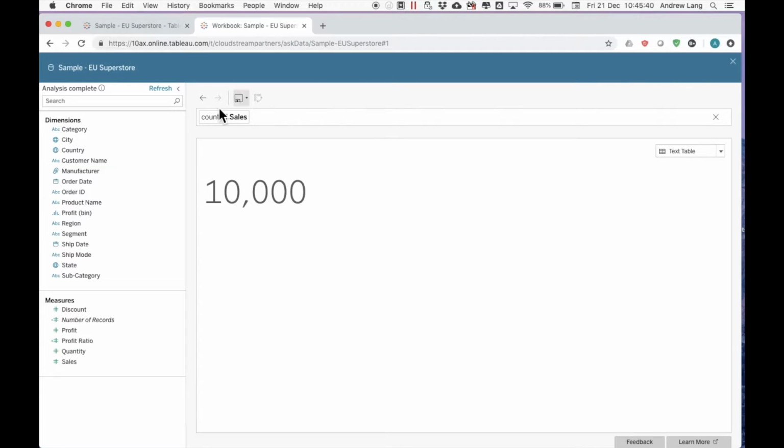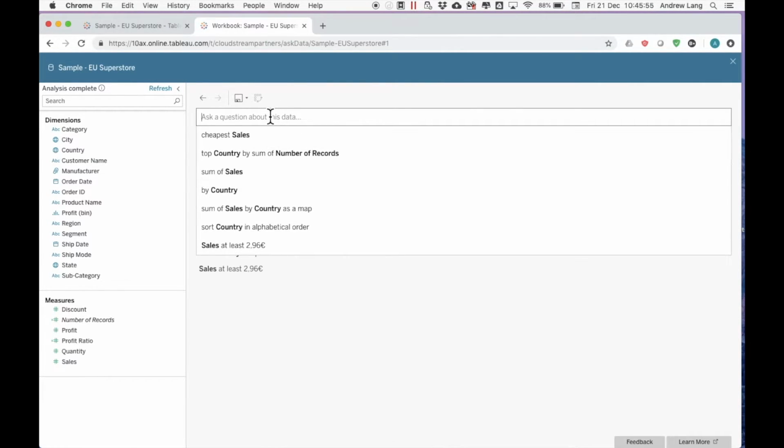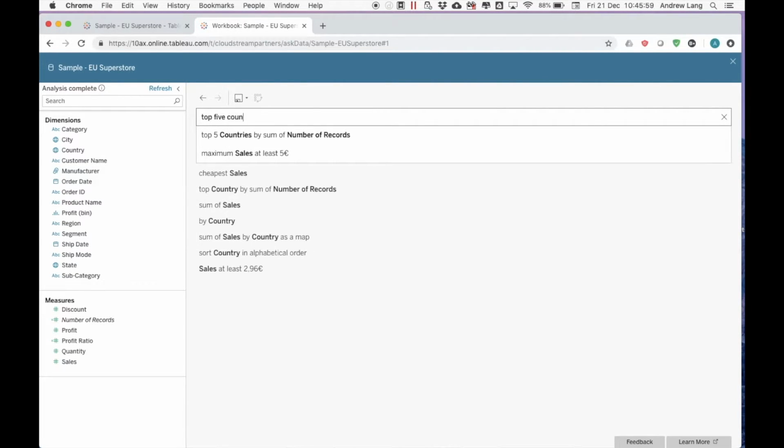Instead, we have the question bar up at the top here. Tableau will break down the question that you ask into a number of discrete segments. These discrete segments will inform what appears on the view. So let's try this with a different question here. So let's look at the top 5 countries with sales over